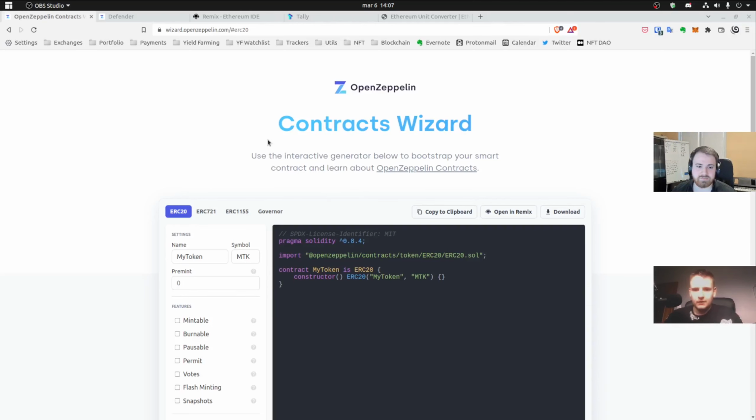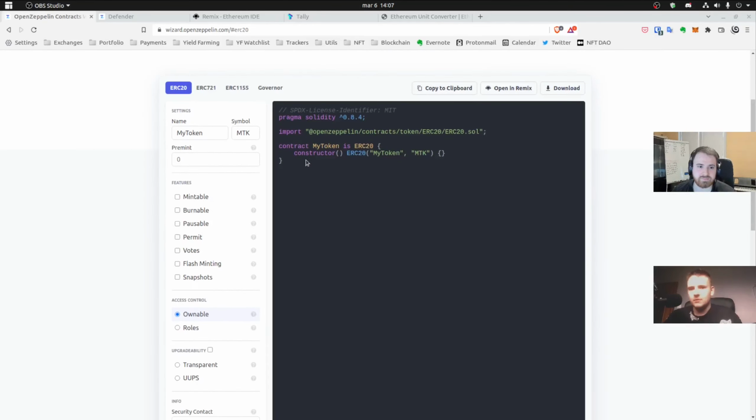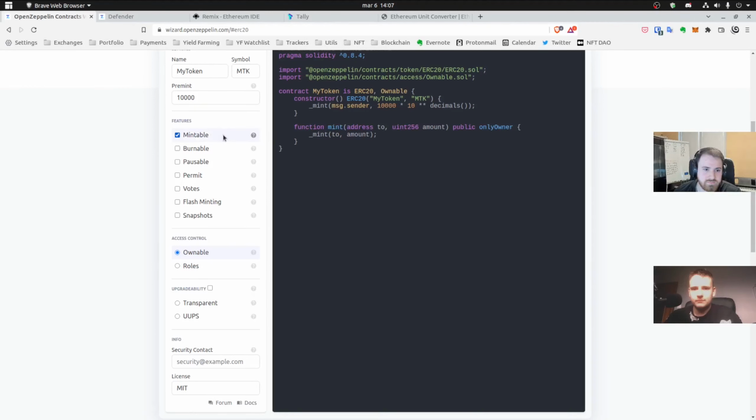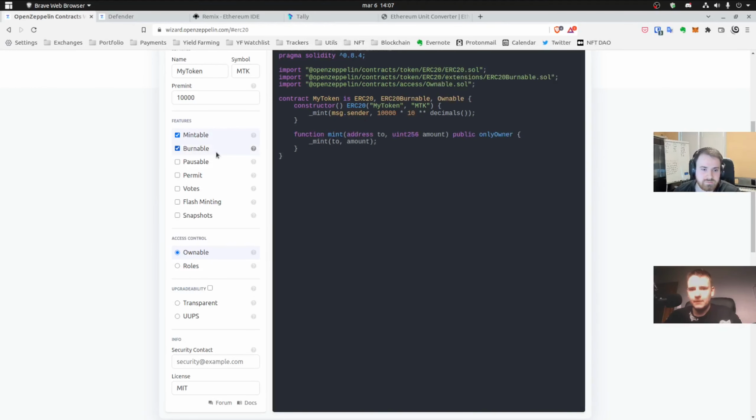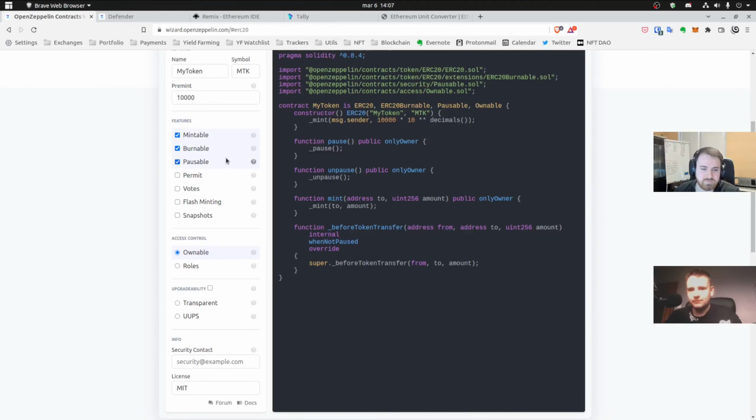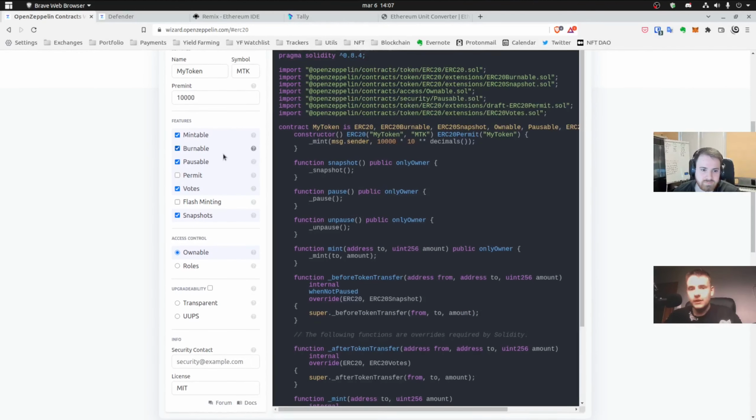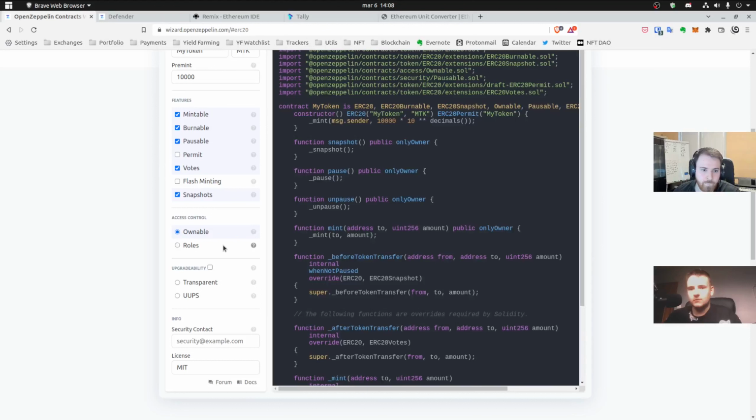So we can set name and symbol as we wish. Let's leave it at myToken, MTK. Let's premint a few tokens. Okay, 10,000. Let's make it mintable, burnable, pausable, votes, and snapshots. Okay, and we'll be using roles also